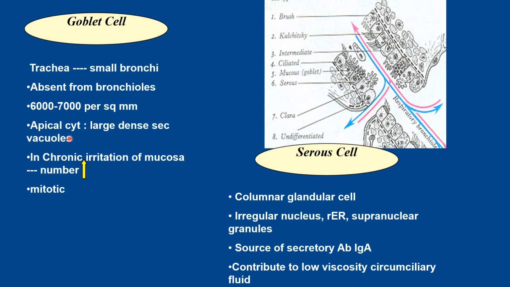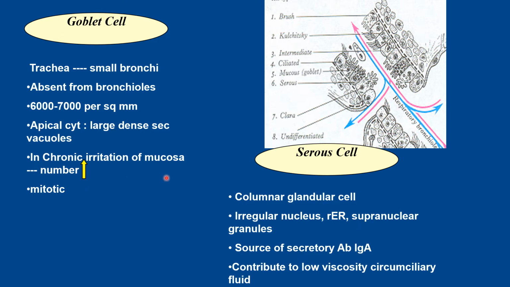and there are apical cysts, which contain dense vesicles containing the mucus. It is just like the goblet cells of the GI tract, and in chronic irritation of the mucosa by dust or by smoking, these goblet cells increase in number, and a lot of mitotic activity is shown